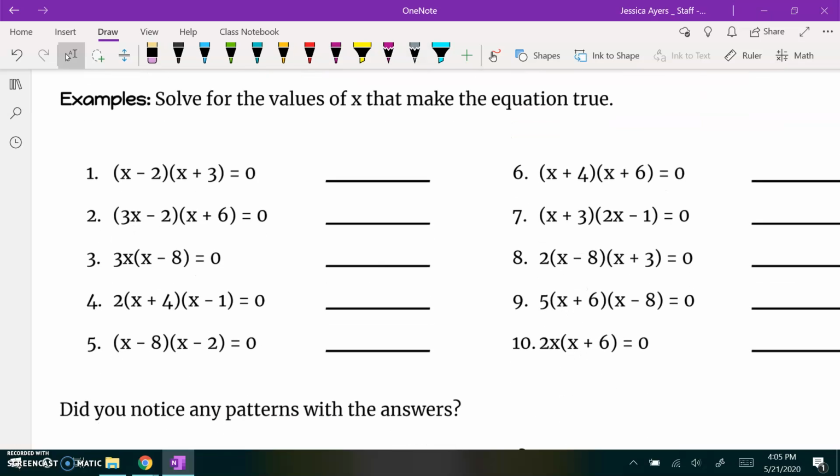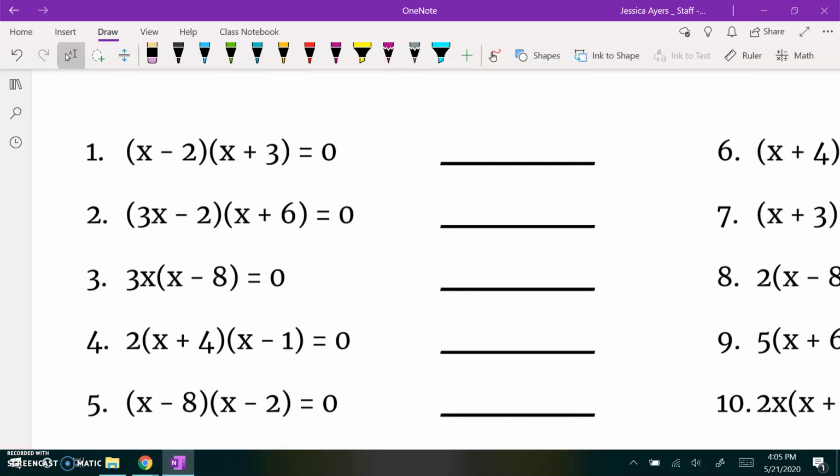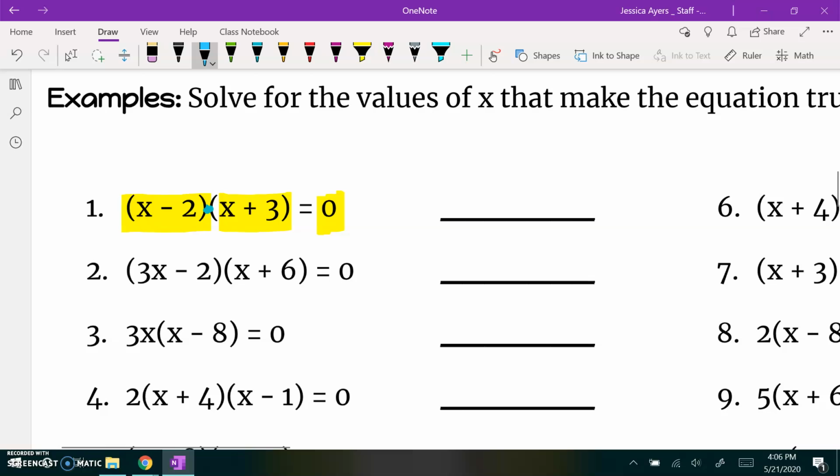All right, so looking at this next piece, all of these are actually factored for us, which makes it very easy. So we notice that we have a factor of x minus 2 times a factor of x plus 3. And those two things multiplied together equals 0. So that means by the zero product property, if they multiply to be 0, then one of these two has to be 0. They don't both have to be 0, just one of them has to be 0. So we're going to set each factor equal to 0